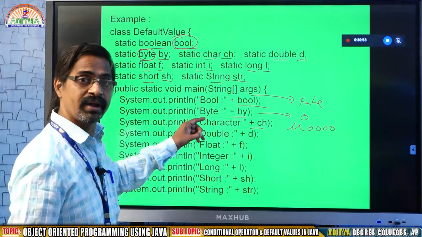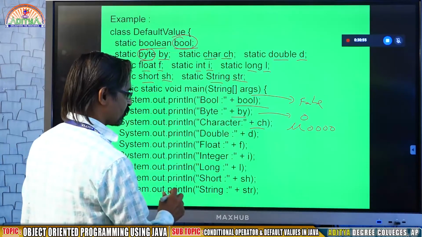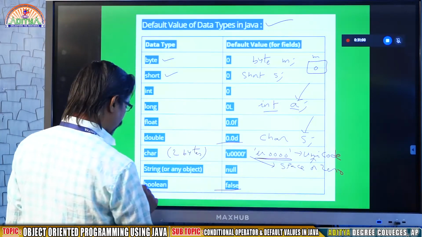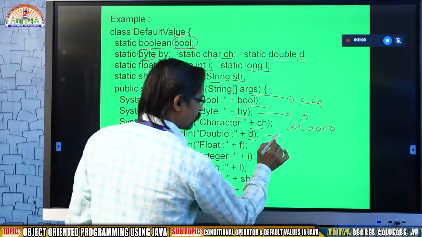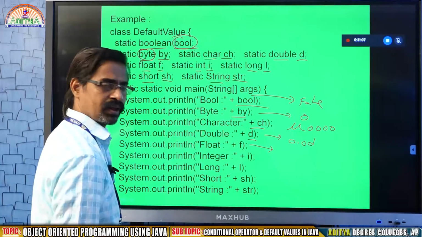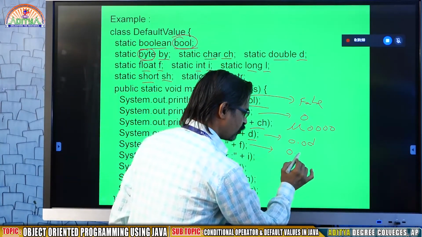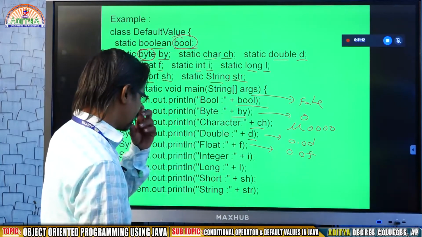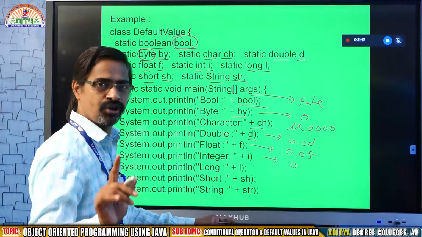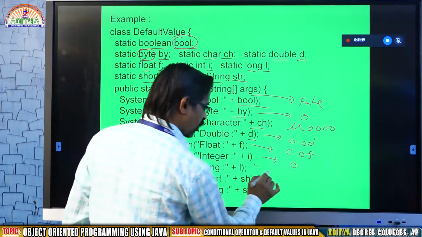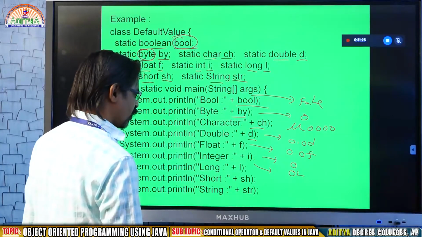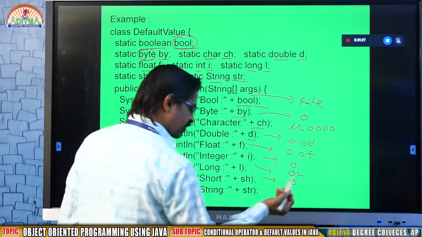The system maintains some default values. The default values will be like this. If you are going to give double, what is the default value of double? 0.0D. So it will give you 0.0D. If you are going to give float, the float also will be the same, but the only difference is 0.0F. For int, it always takes 0 because it is an integer, not 0.0. Whereas for long, I give you 0L. L represents long. If you are going to give short, it is like integer 0.